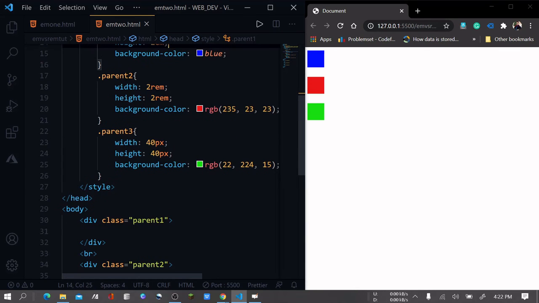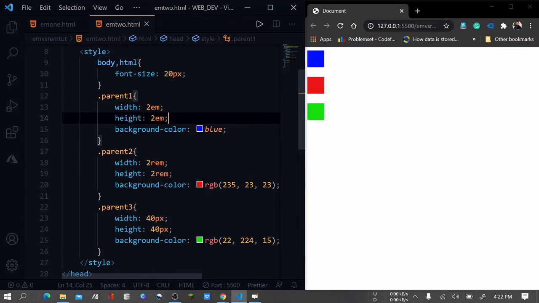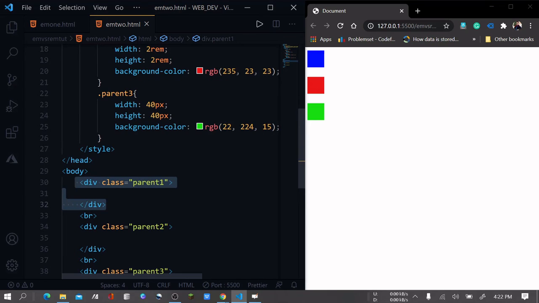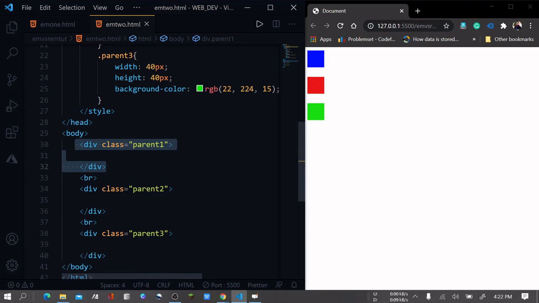And one more thing I want to tell you: if a container like this division has two or three parents, then em will always look at the first parent from the bottom.